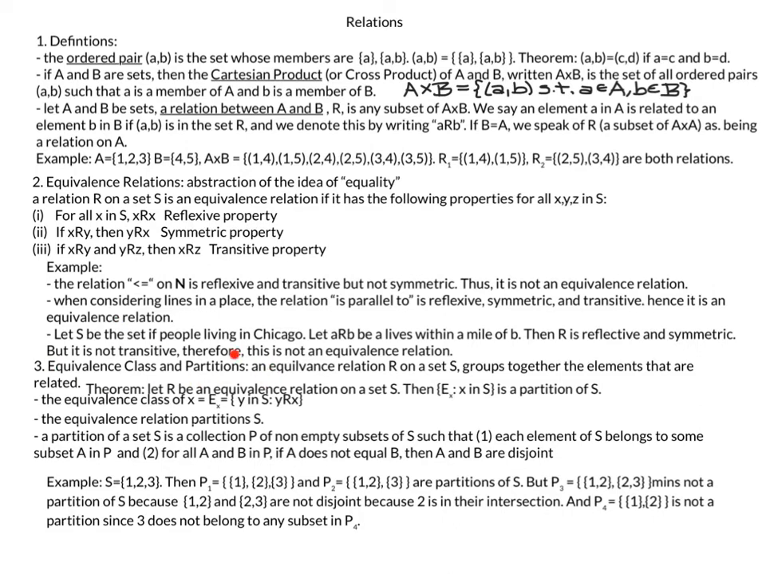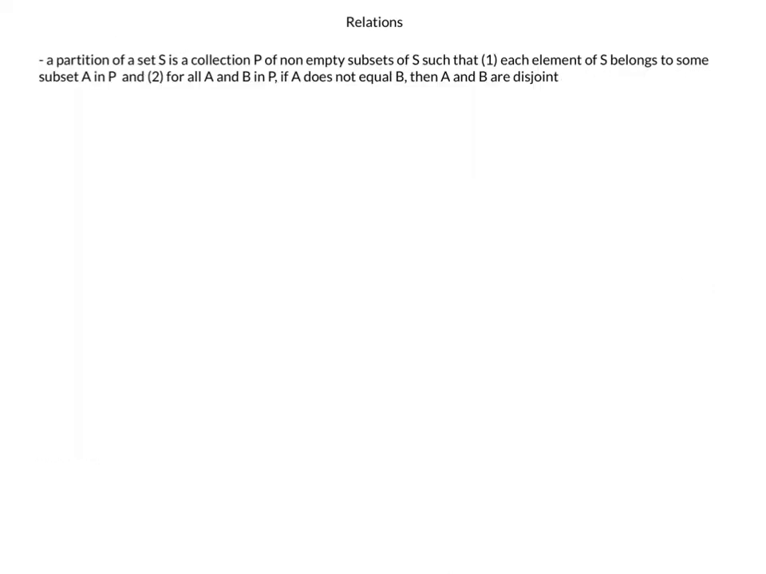So our next topic is equivalence classes and partitions. The first thing we're going to start with is a definition of a partition. We can partition a set S, and it's a collection P of non-empty subsets of S. And this partition satisfies two conditions. One, each element of S belongs to some subset A in the partition. And two, for all A and B in the partition, if A does not equal B, then A and